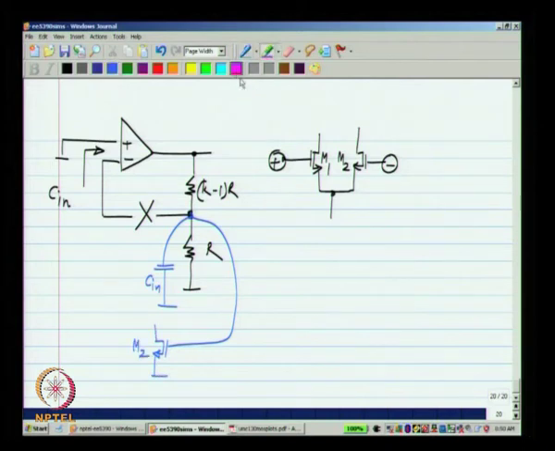Now, this is only approximate because what you see between the differential terminals is half the CGS of M1 and M2, and here we are getting the CGS of M2, but also this will not be in saturation region and so on. So, you can probably adjust the value of this one, but this will give you an estimate of the loading due to the input. Okay. This is again very important because if you simply break the loop and not take care of the loading, you could be missing out important phase shifts in the circuit. Okay.